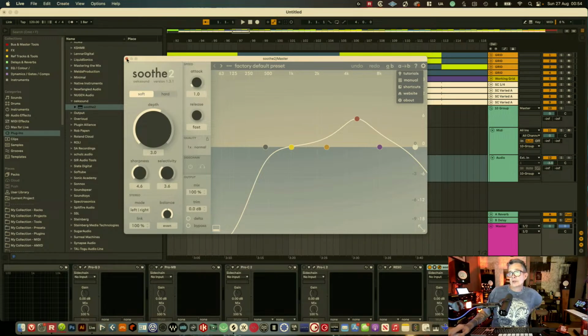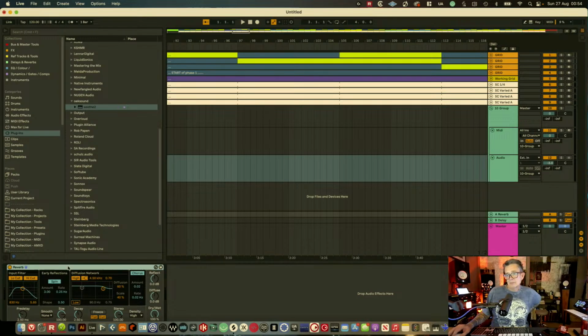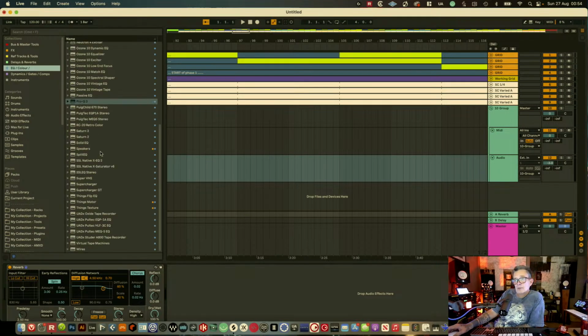Okay, so the final bit in here is we're going to add my reverb. Now, standard reverb, I don't mind it. I think it's okay. I use it, but what I don't do is use their input filters. What I actually do is my own cutting here at the beginning. So I go back to my EQ, and I'm going to stick